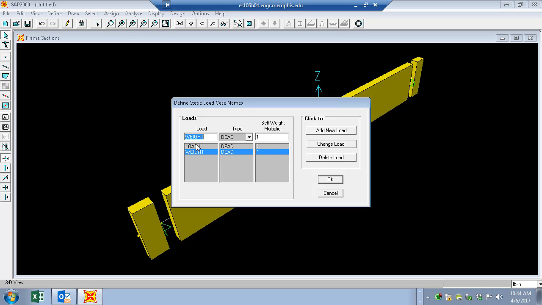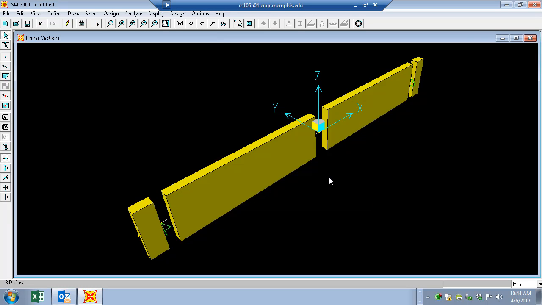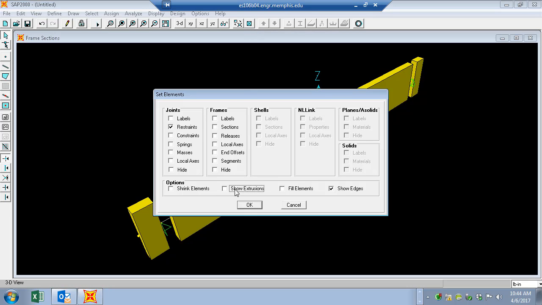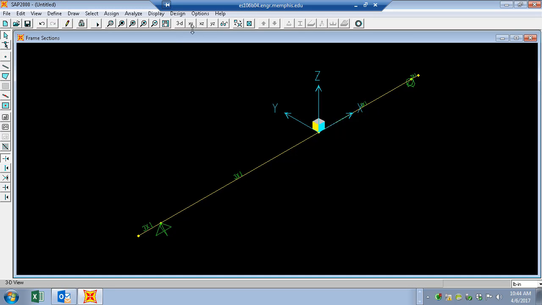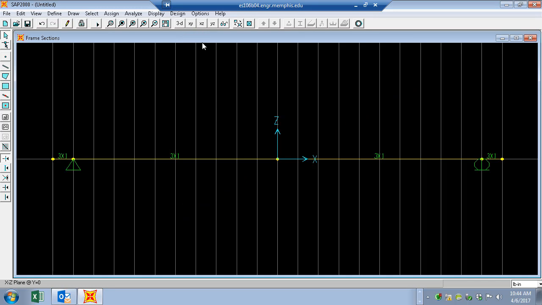The actual load and then just the weight. Right now, the self-weight of the material is in both load cases. So weight, I'm not going to do anything to. I'm just going to leave it alone. But we are now going to go back and add those. So I think it's easier to turn the extrusions off for this part and to go back into the XZ plane. And I'm also going to leave the grid on because I want to tell you that when we apply the load on the first element, we only want the distributed load on the last 3